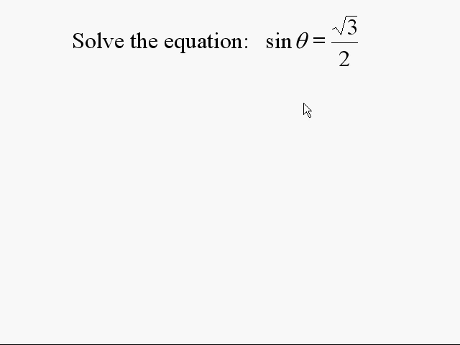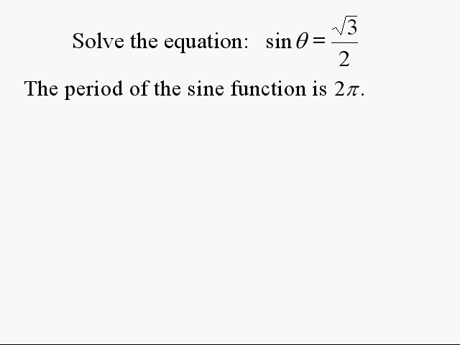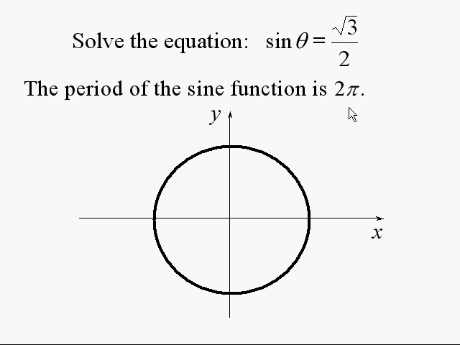Sine theta is root 3 over 2. What angles could make that happen? One possibility is to keep track in terms of the period of the sine function, and 2 pi as the period means that we could draw in angles where sine theta is root 3 over 2. Maybe a natural thing, since 2's on the bottom, and 2 would be the radius, like opposite over hypotenuse, 2 could be the hypotenuse. So maybe the natural thing would be to draw this into a triangle whose radius is 2.